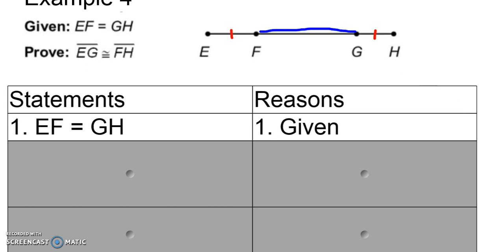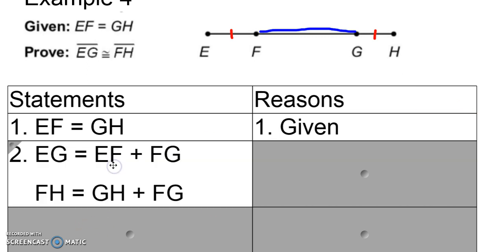So the first thing that I'm going to say is use my segment addition postulate, and I can say that EG is equal to EF plus FG. So just saying that these two parts equal EG. At the same time, I'm going to say that FH is equal to GH plus FG. So I really am just saying